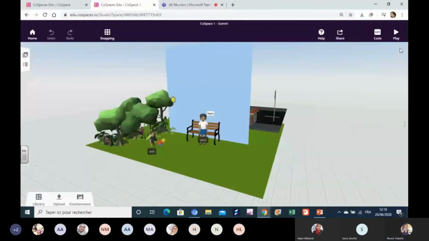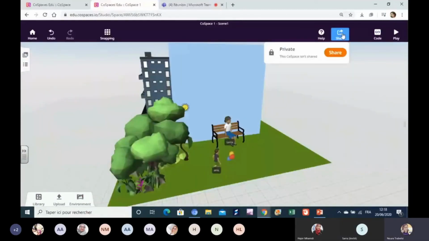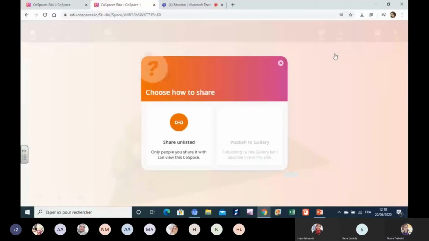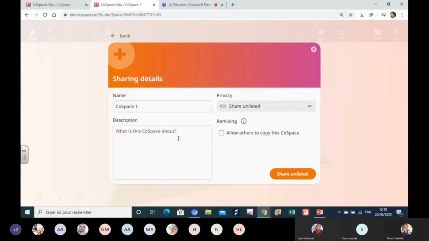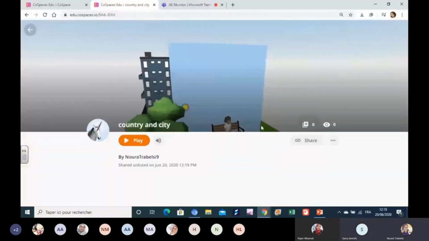We will click on share, next to play, and click on share another time. Then we update the name of the project and description. Don't forget to choose remixing, and then this screen will appear to us. Okay,